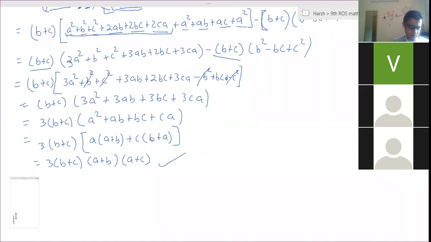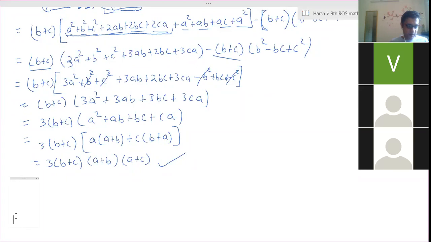Verify that this is equal to this. So expand it. x minus y the whole square: a square plus b square minus 2ab, so x square plus y square minus 2xy. Then y square plus z square minus 2yz. Then z square plus x square minus 2zx. Then cancel, and 2x square plus 2y square plus 2z square. Sir, I'm sorry, I didn't understand anything. It was so fast.